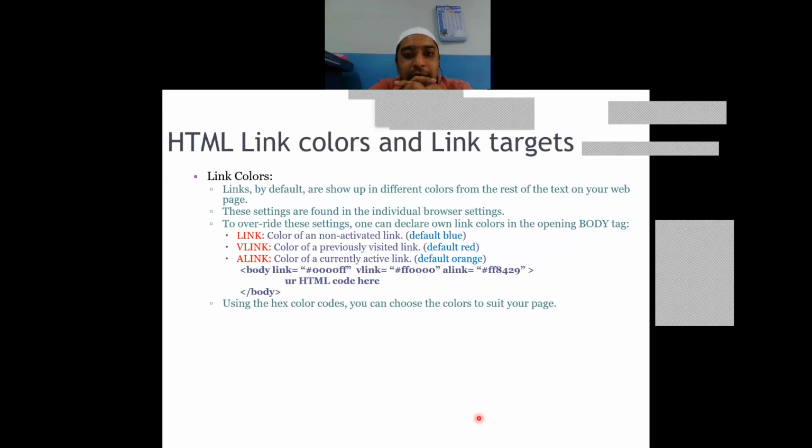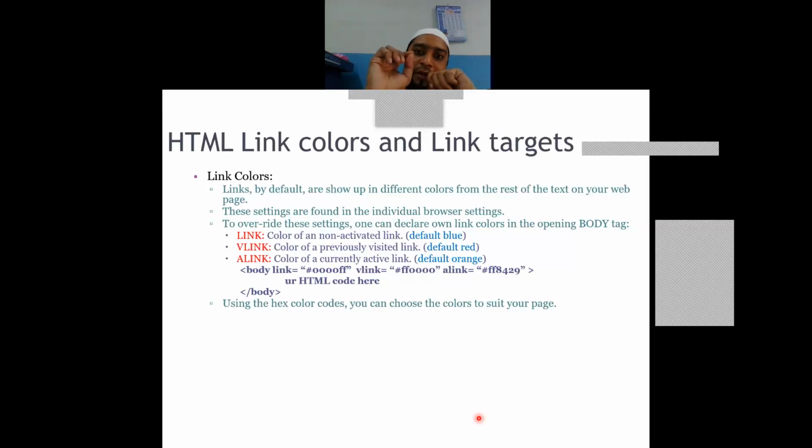This change in color is actually very important for a normal user so that visited and unvisited links can be differentiated. For example, you did a Google search and you have got a list of different web pages matching your search.